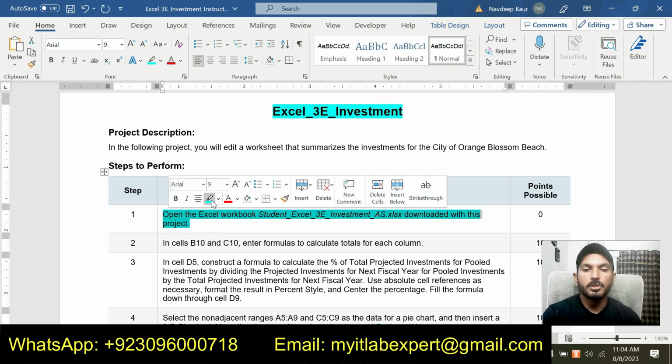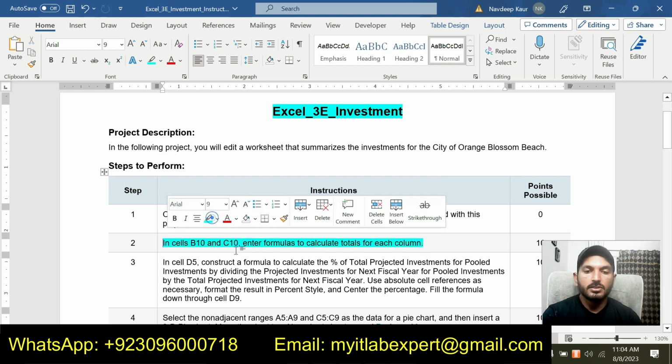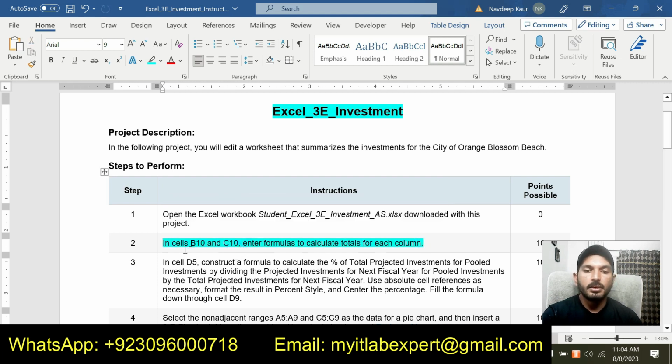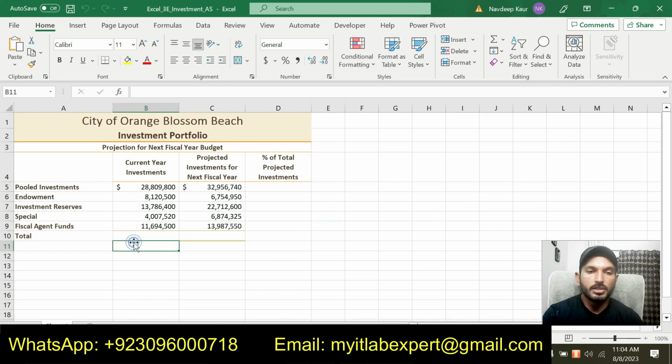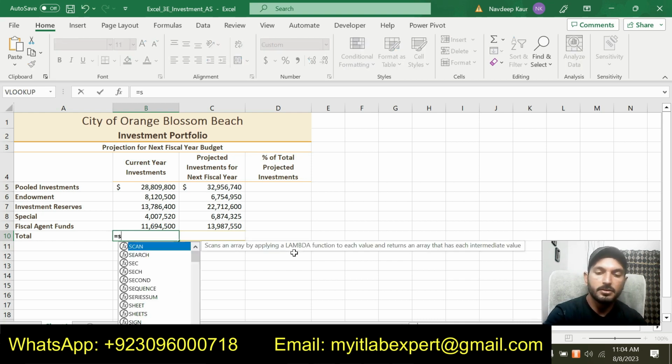So now let's move to step number 2, where the main part of the assignment is starting. Step 2. In cell B10 and C10, enter formulas to calculate the total for each column. This is B10, and this is C10. We are supposed to calculate the total for column B and the total for column C, and we can do that by using the SUM function. The SUM function is always used to calculate the total for any given range. So we will use the SUM function,